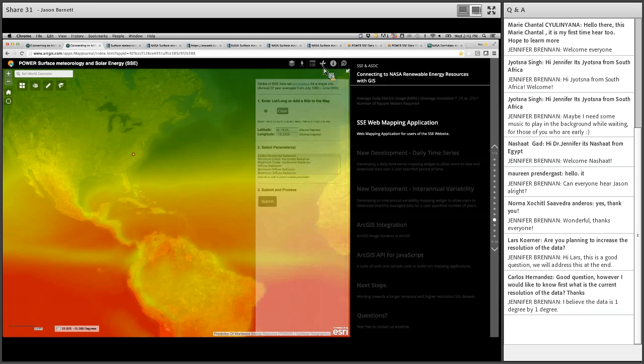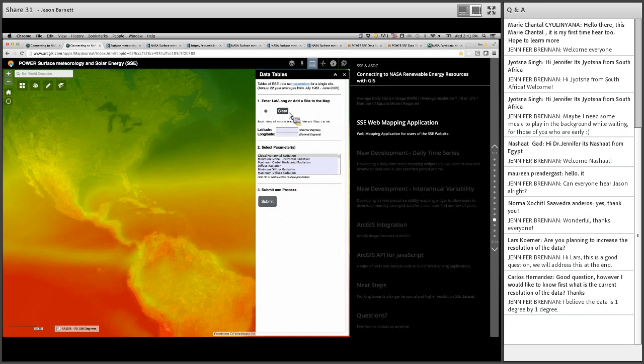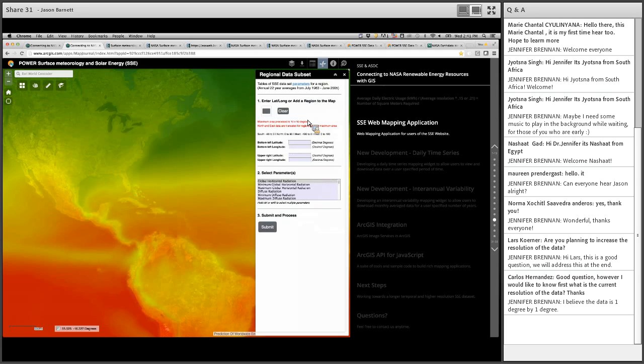The other option that we have is this regional data set subset. With the regional data subset, several users need a larger area, a region that they're interested in. And many users may not know the bottom left-hand corner and the upper right-hand corner of their bounding box. So what we wanted to do is provide them another drawing tool so they could highlight the area that they were interested in, maybe over an entire city or their neighborhood or a state. And then what that would do is automatically provide them the bottom left and the upper right-hand corner coordinates for them,